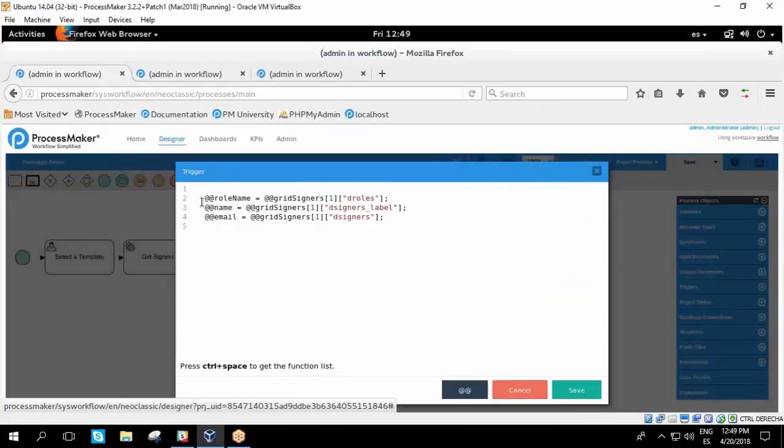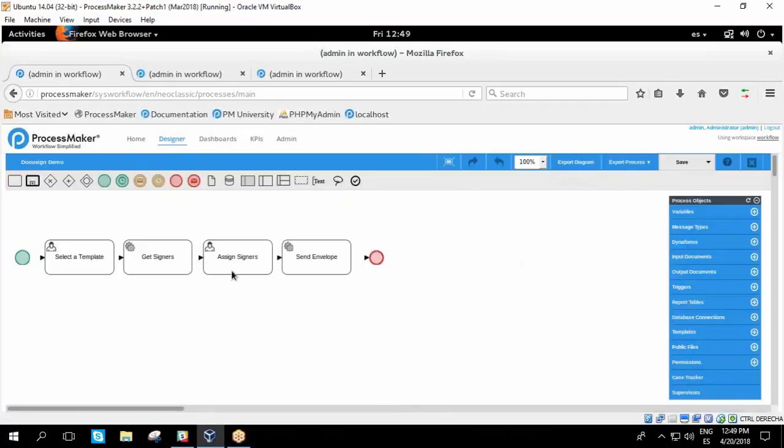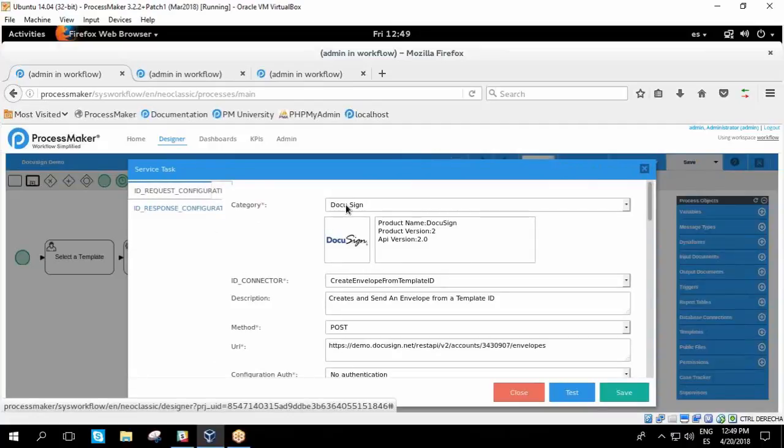And if we hit edit, we can just see that we're getting the role name from the roles dropdown. Then we get the name from the grid signers dropdown and the email from the user that we select in the dropdown. And it's just going to send it to the connector that we use in the next one. So I'm just going to exit out of that. And so here in this service task, we're going to use another connector. So you see we've got this task configured as a service task like so. And then we can go into the properties to look at the connector